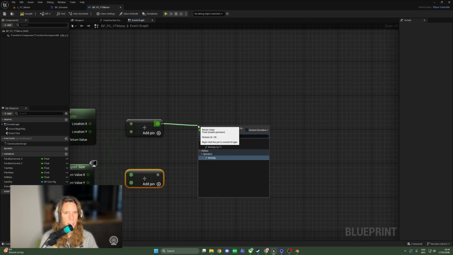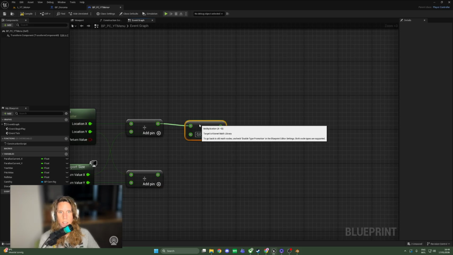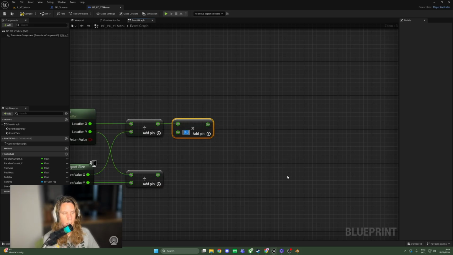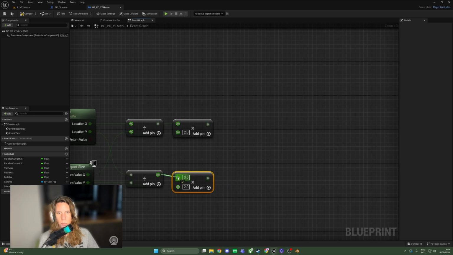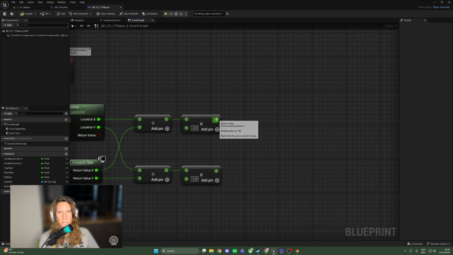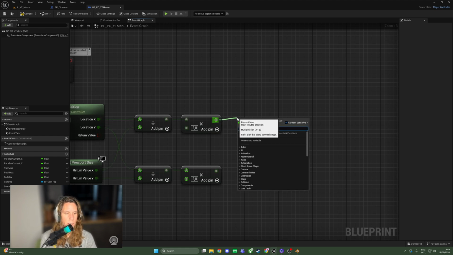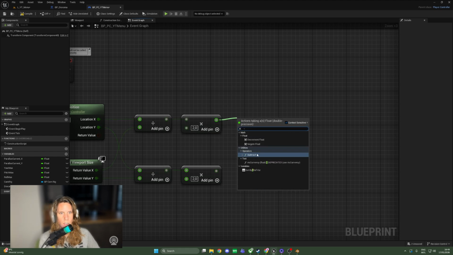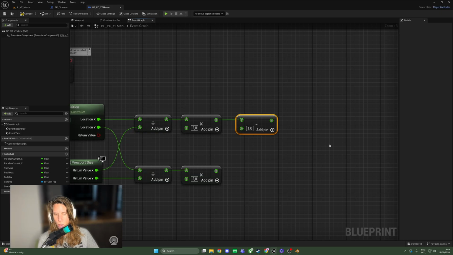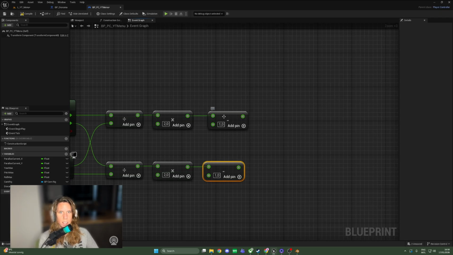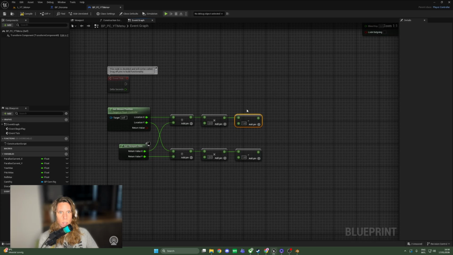Then you're going to do a times or multiply node like so. And that's at 2. And then if you click on the node and do Control D to duplicate it, you add it here as well. Then finally, you're going to drag off the multiply and subtract. And that's going to be just a 1. Again, Control D on that node to duplicate it and add it here as well. So these are your